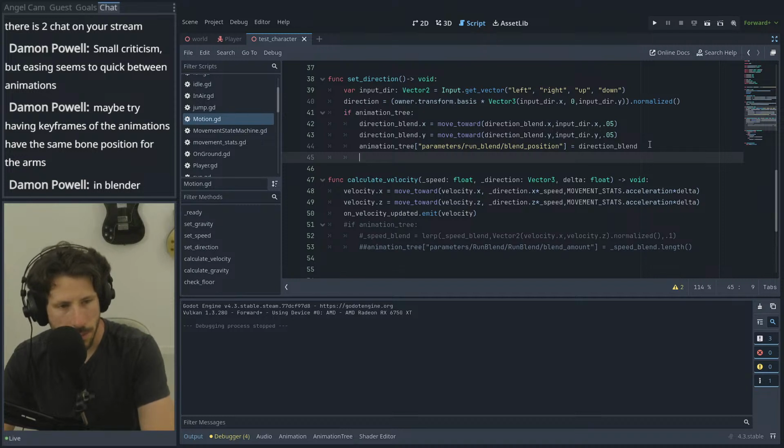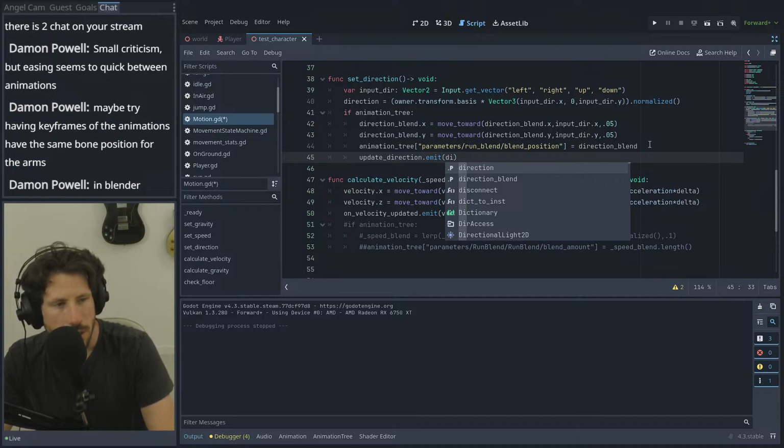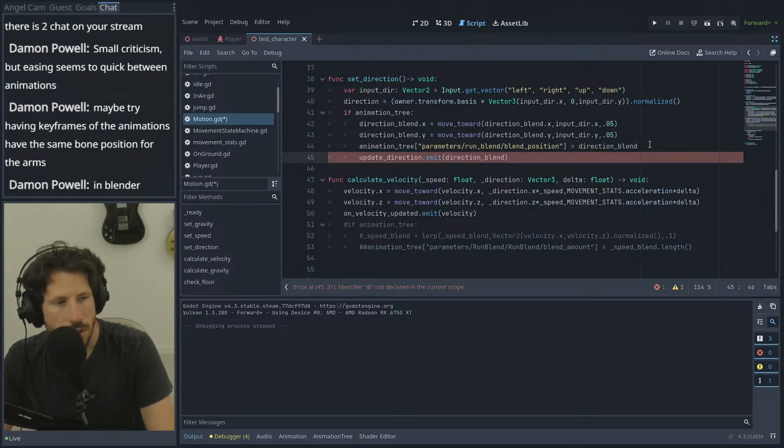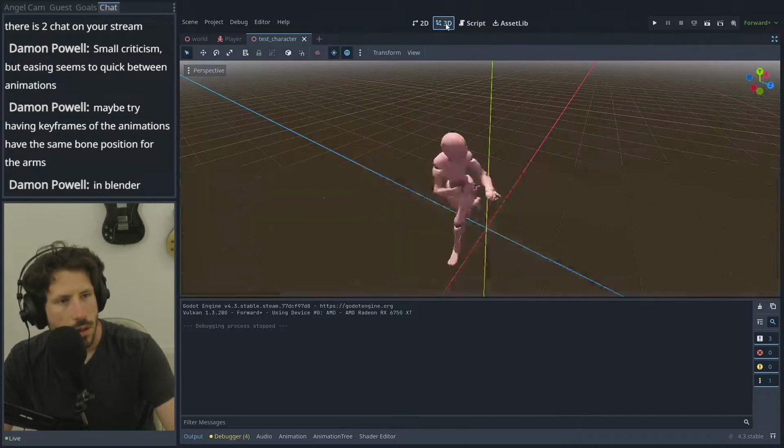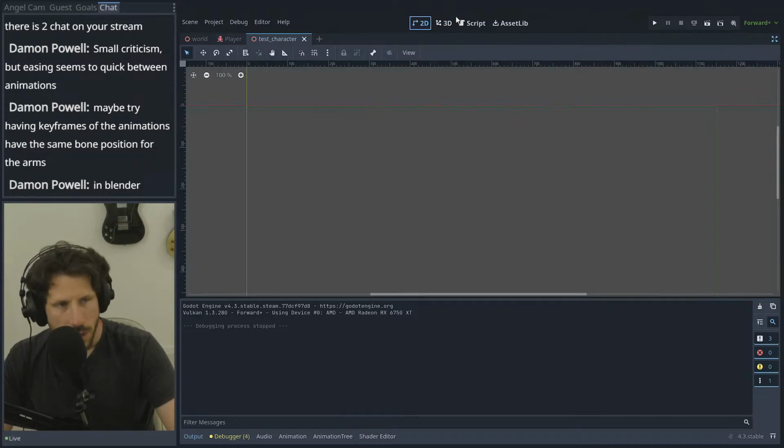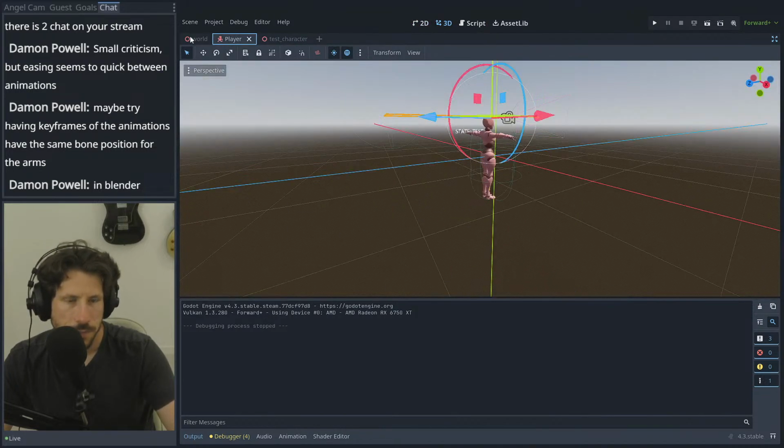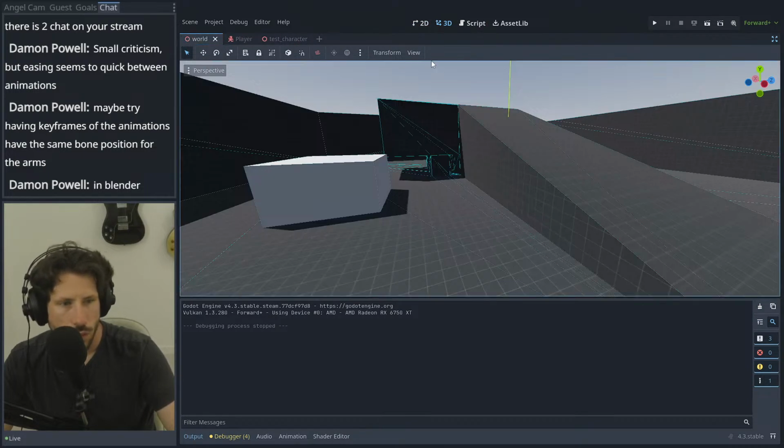So then we can go update direction dot emit, and then we pass in the direction blend. Okay, cool. So then what we can do is go to